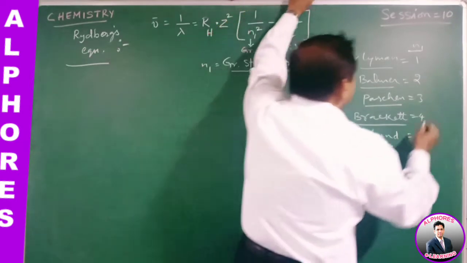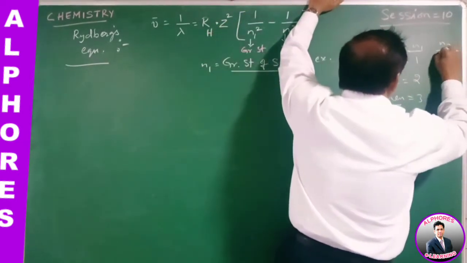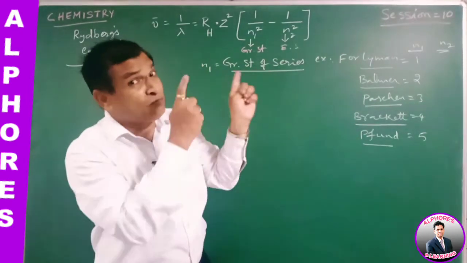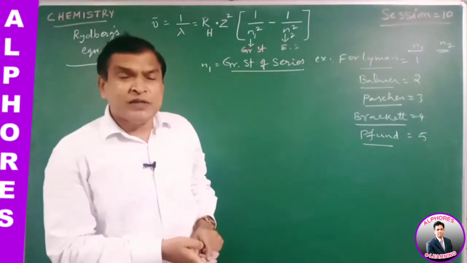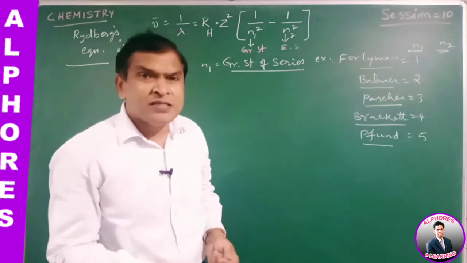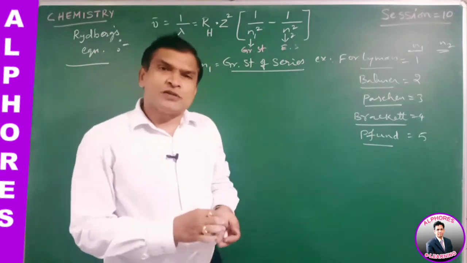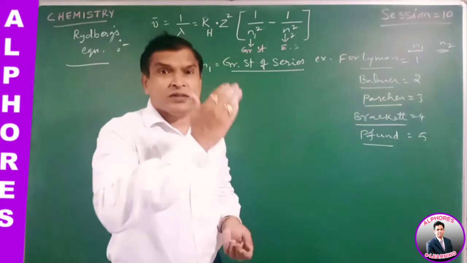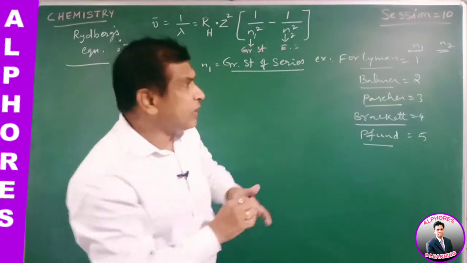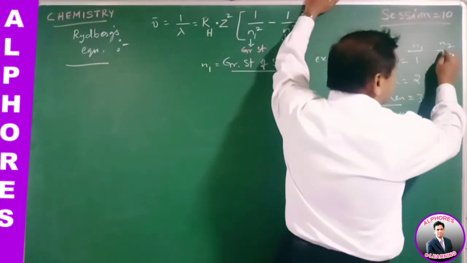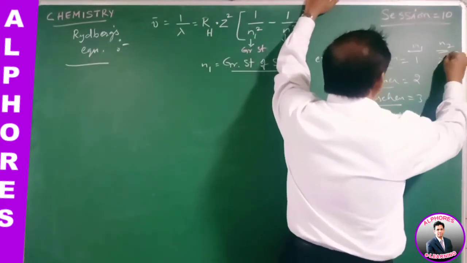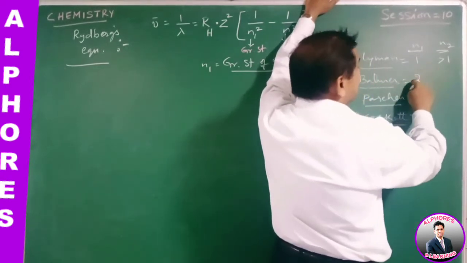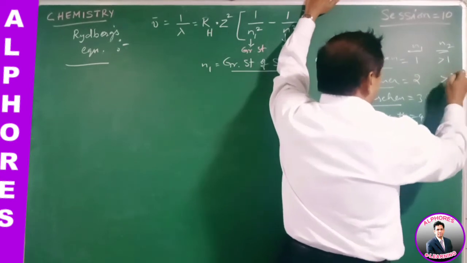What about N2 values? That means the excited levels of that series. Suppose if it is Lyman series, what are the excited levels? So Lyman series is formed at the first energy level, so then the electrons may come from the second orbit, third orbit, fourth orbit, fifth orbit, like that. Okay, that means N2 is greater than 1. Okay, Balmer series, the series is formed at the second energy level, so